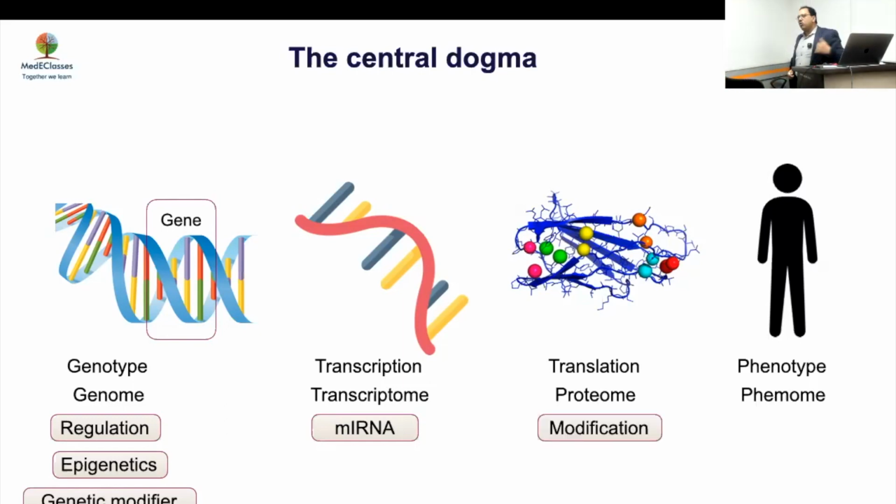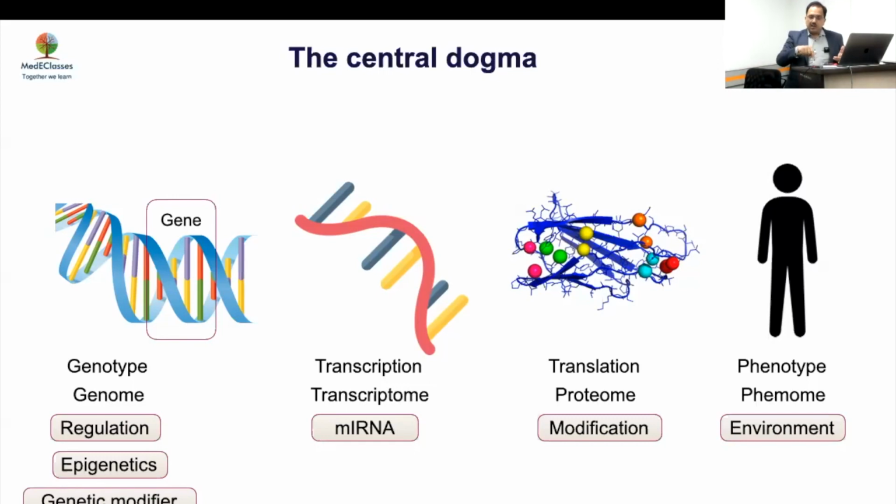Then, of course, all the proteins are modified subsequently. So that will also make a difference. And therefore, all these factors together will influence the outcome. So the idea that you have this genotype, therefore you will have this phenotype, is no longer true. The same person, monozygotic identical twins, will have different manifestations because of any of these issues which may happen, and many of them will not affect their genetic code.